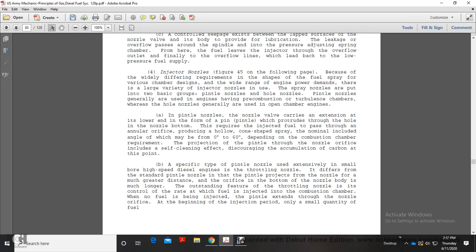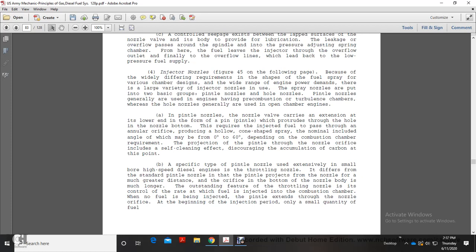A specific type of pintle nozzle used extensively with small bore high-speed diesel engines is the throttling nozzle. It differs from the standard pintle nozzle. The pintle projects through the nozzle for a much greater distance, and the orifice at the bottom of the nozzle is much larger. The outstanding feature of the throttling nozzle is its control of the rate at which fuel is injected into the